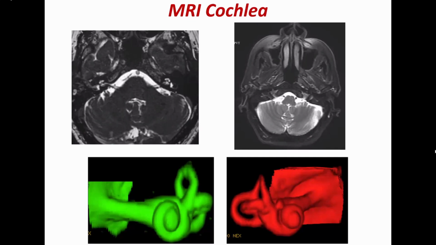Next, we move on to a very important imaging, that is MR cochlea. Now with cochlear implants taking leaps and bounds, there are many babies with congenital sensorineural hearing loss working up for a cochlear implant. They need to get CT and MRI together. So usually we do it as a package in our institution, wherein the child will be sedated and we do an MRI cochlea and a CT cochlea together.